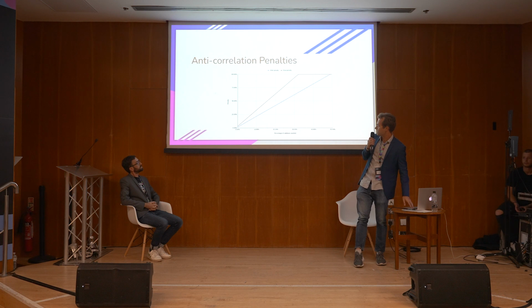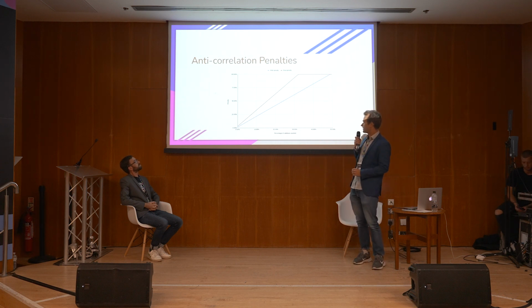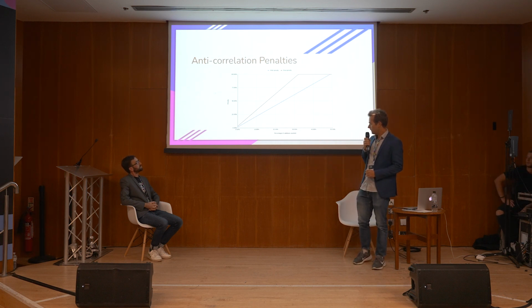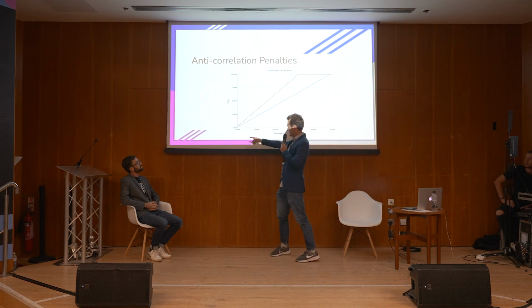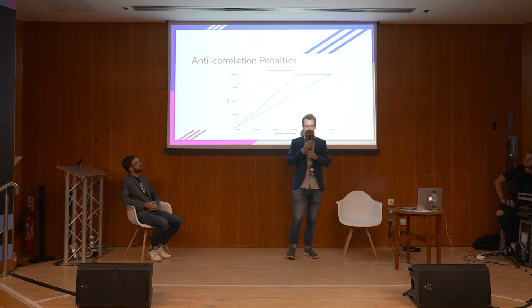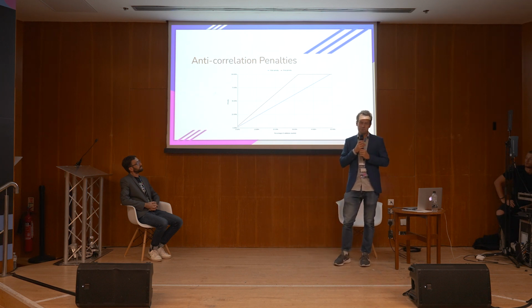And the way that this works is through so-called anti-correlation penalties. The way it works in Ethereum is basically, if you get slashed in Ethereum, if you make a mistake, usually the penalty is actually very small. You can see it on this graph. If you get slashed and nobody else gets slashed at the same time, you lose about 0.5% or so of your stake. So that's a punishment, but more like a slap on the fingers.